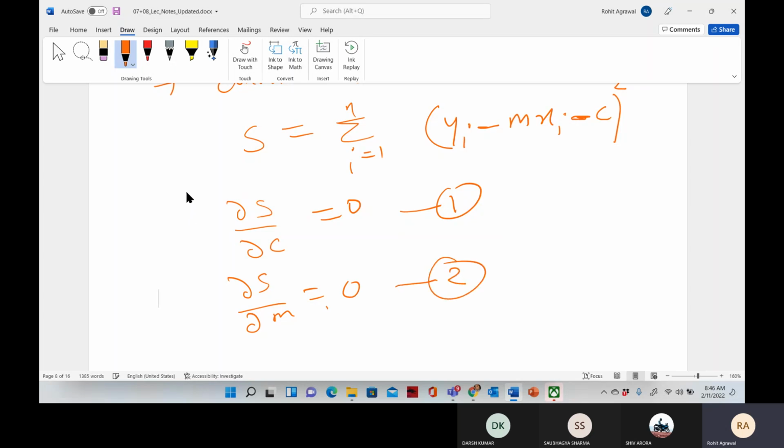Look, for a function to be minimum or maximum, its differentiation should be 0. Its differentiation should be 0. So we will find the differentiation and we will